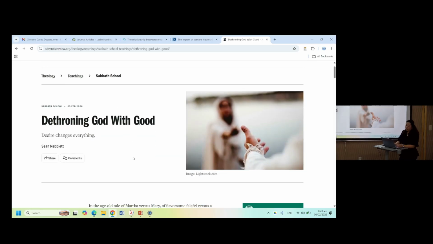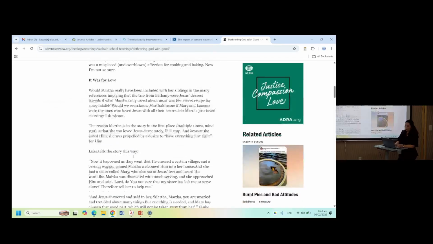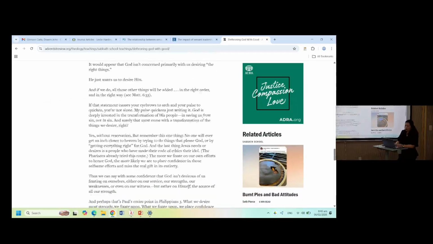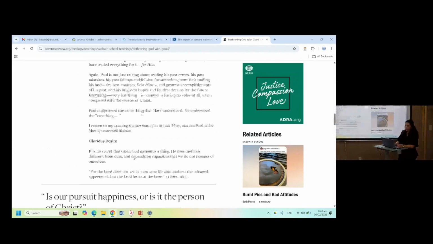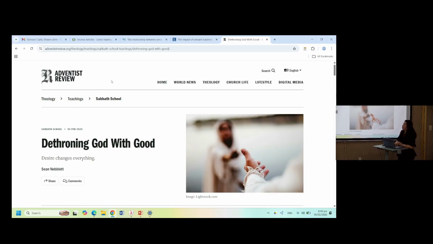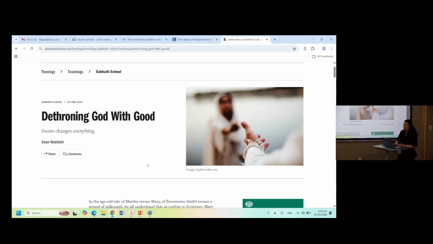Okay, so this is an article on the website Adventist Review. So it's one of their articles. So you'll see that Zotero also changed its icon. The process is the same. It's just telling you that it's detecting something while you're browsing. So since this does not have a PDF, it will save you not a PDF but a snapshot.